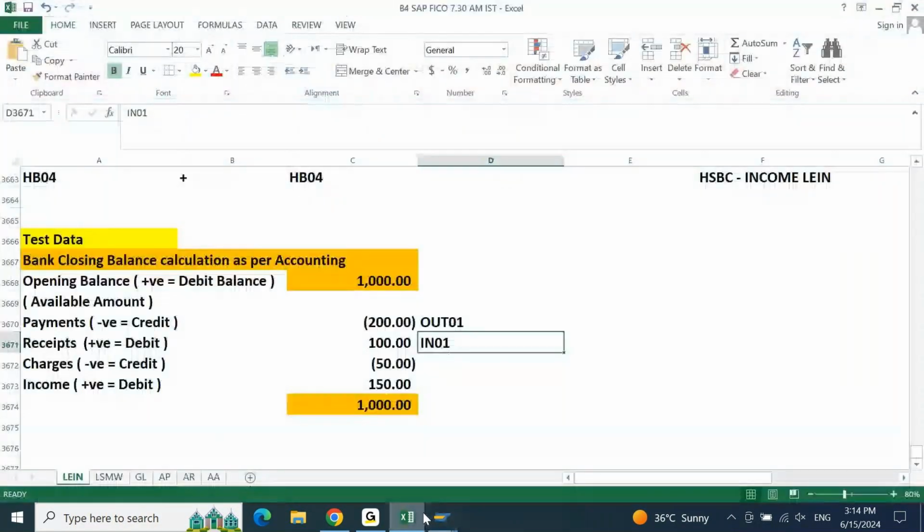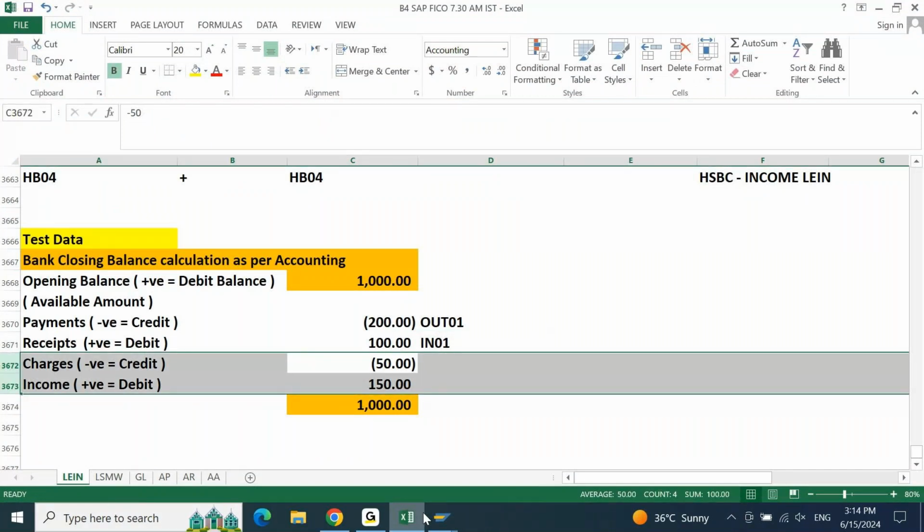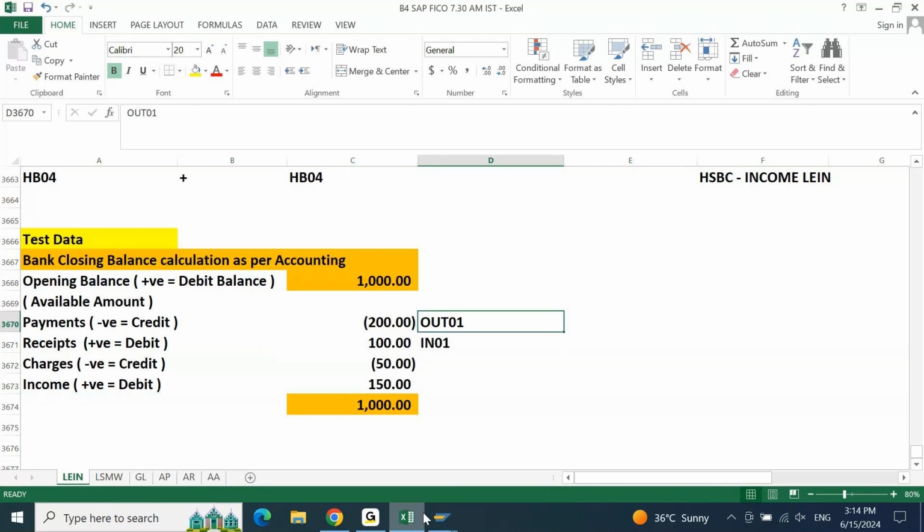Now this is what is currently done. These two are direct posting. For direct posting, there is no need for an existing entry. Now, if you look at this here,